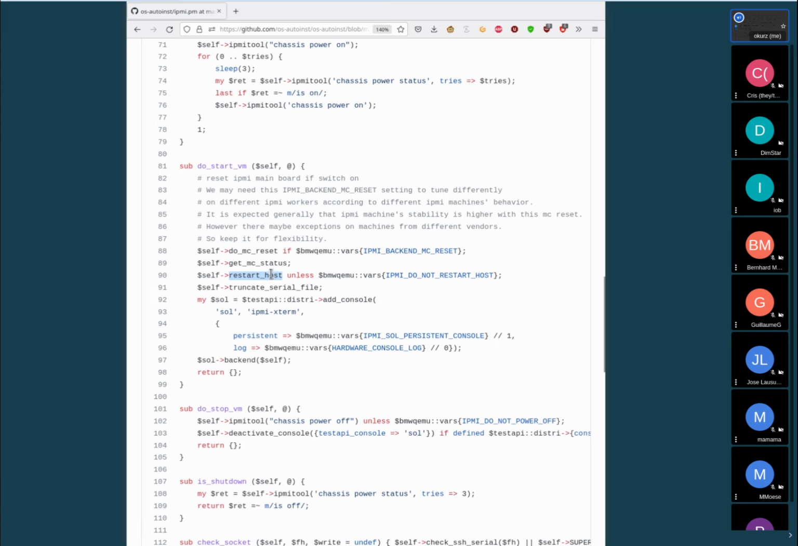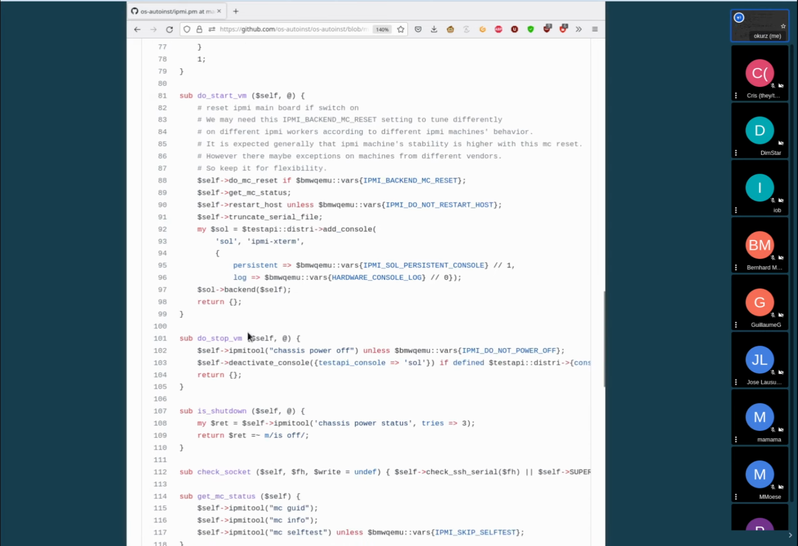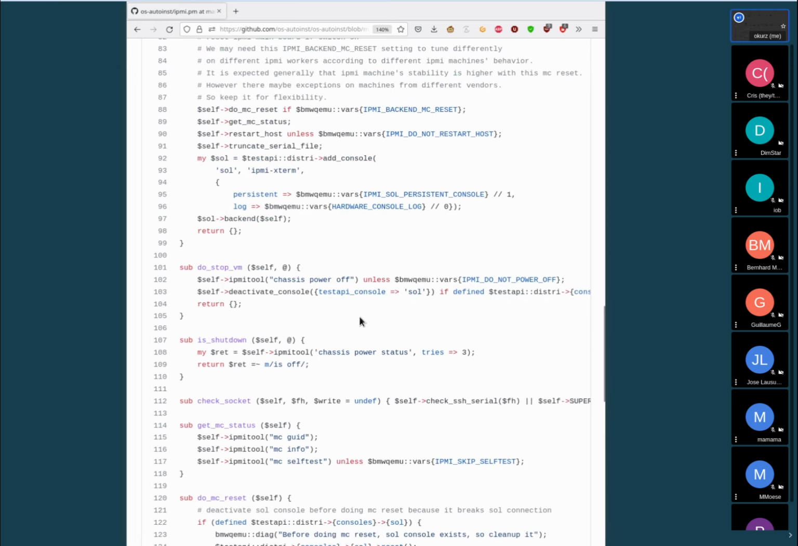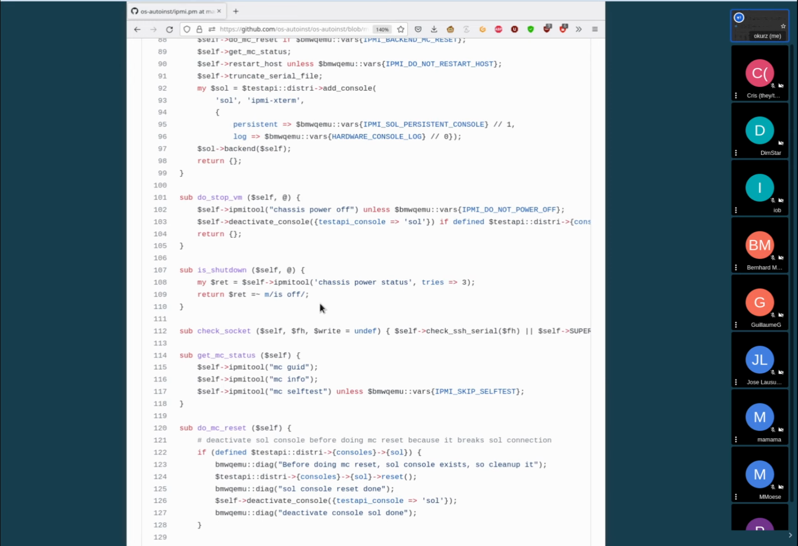I mean, not changing the logic, but just renaming it, because what this restart host is actually doing is ensuring that the host is on afterward, unless it was selected to not restart the host for whatever reason. So by default, yes, it does switch on the target machine. And by default, stop VM actually powers off the target. There is shutdown. This is